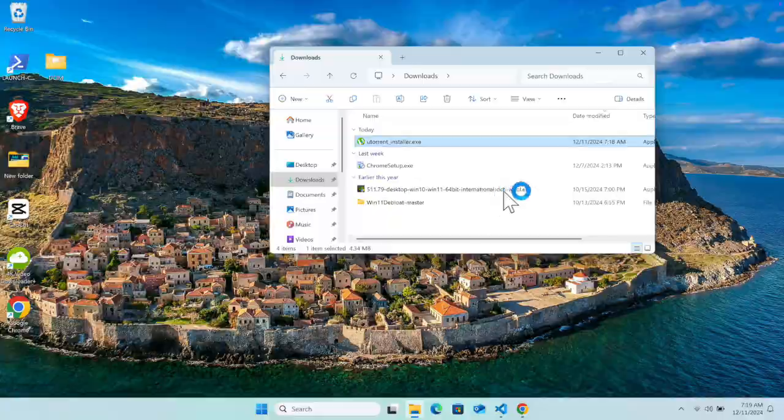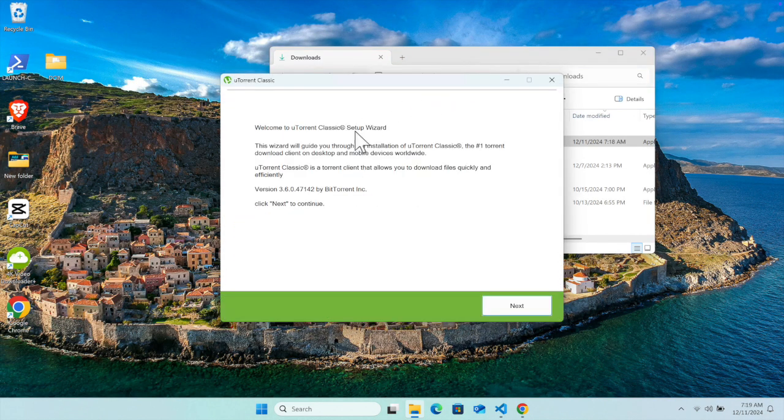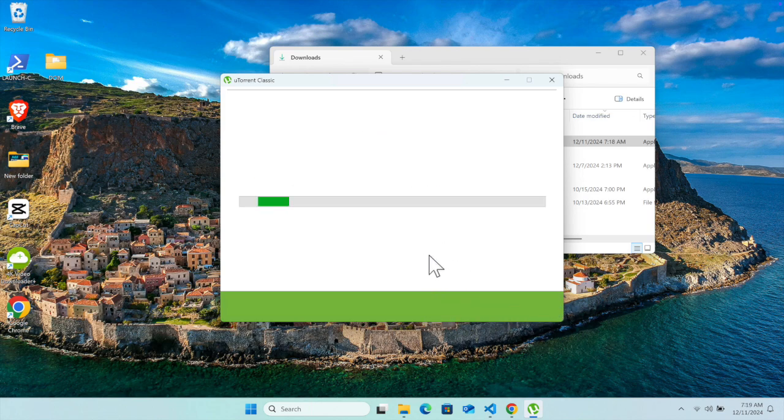And once we click here, very shortly you'll find this type of window. Do you want to allow this app to make changes to your device? We have to press yes, and then it will start the installation window. So here we have a button called next, and here there is a message like welcome to uTorrent Classic setup wizard. Then we have to press the next button to go to the next step, and you will